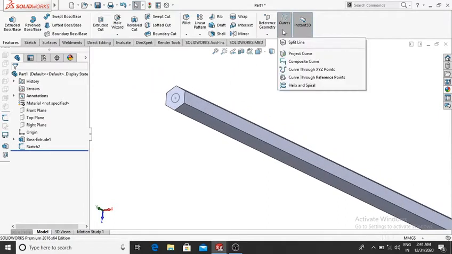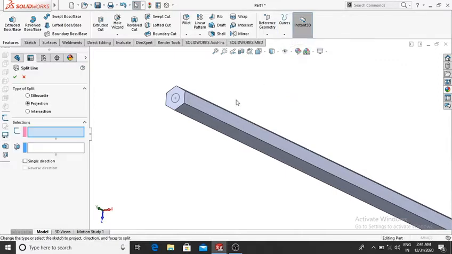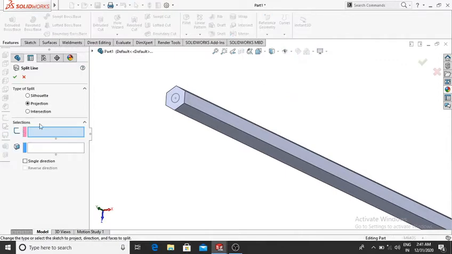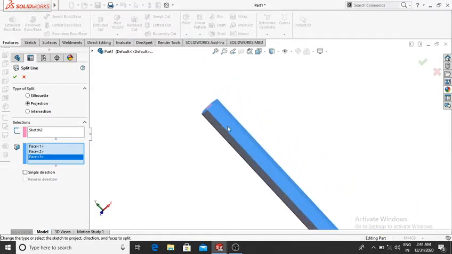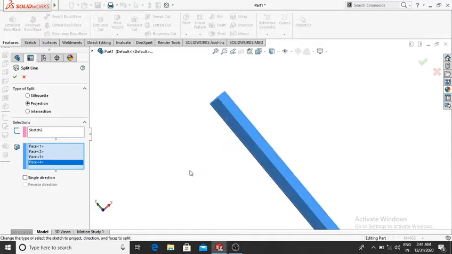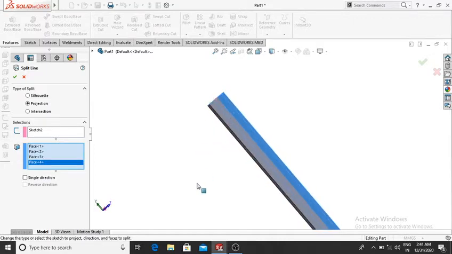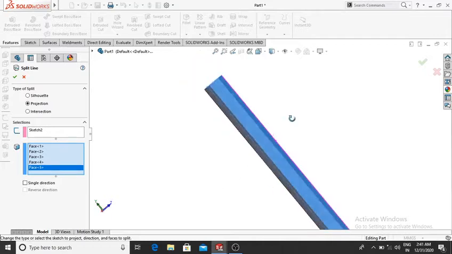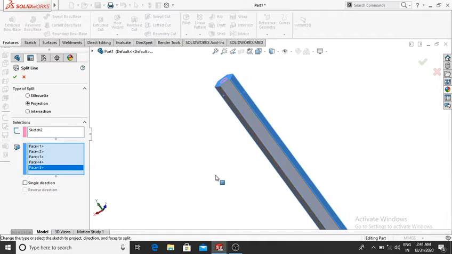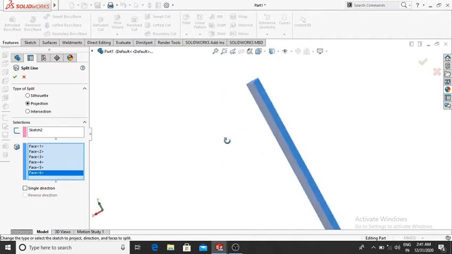Here we apply the split features to all this corner and face. So go to the curve, and here we select split line. Here we select this sketch, and here we select the face. Select all the faces separately, one after another, and the last one this face.